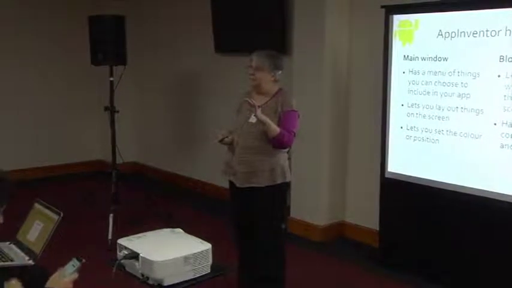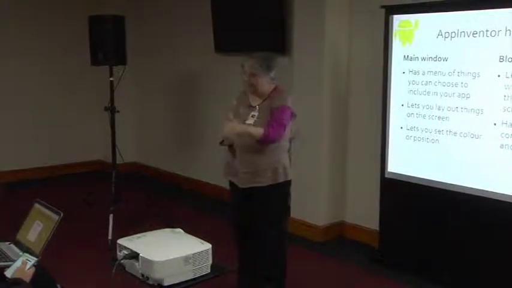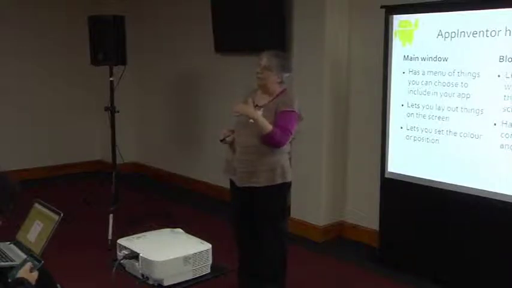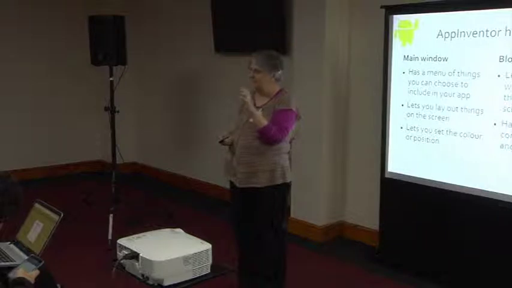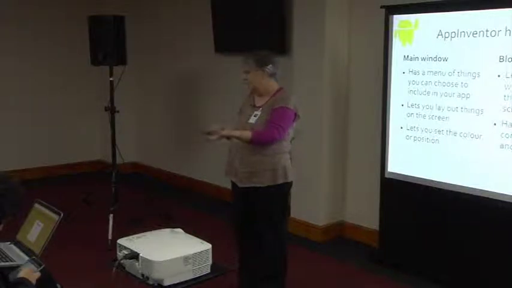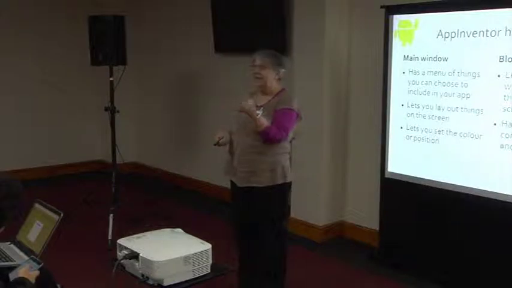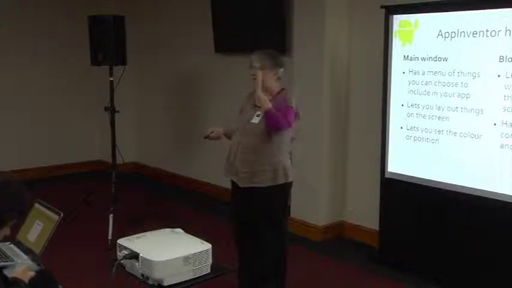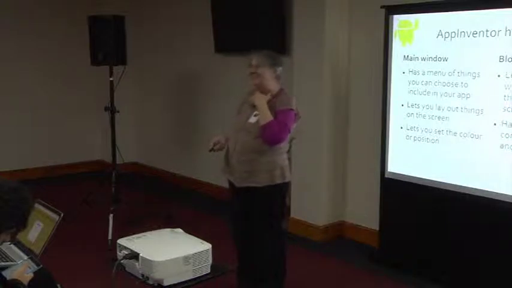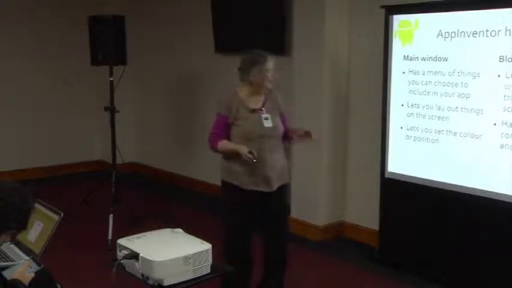In the exercise, when we get a program, we can build the program. We can then generate a QR code so that people can point their mobile phone at the screen and download our program directly. Or we can save it to a file on our tablet or PC, and we can email it to people. So even the chap at the back who has a Windows phone, you can email it to your friends who have Androids, and they can run it on their Android phone.